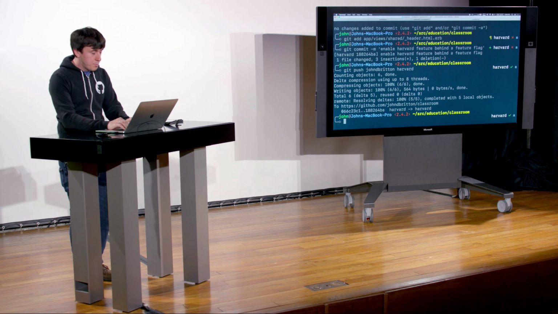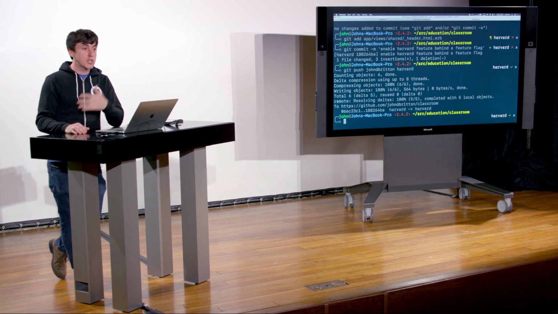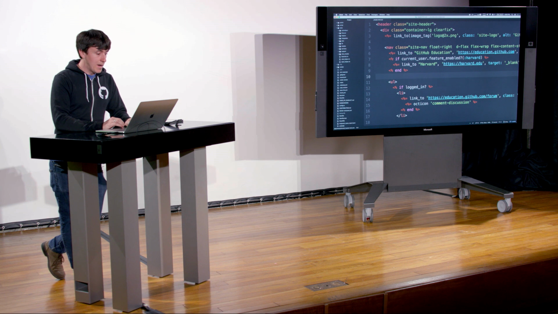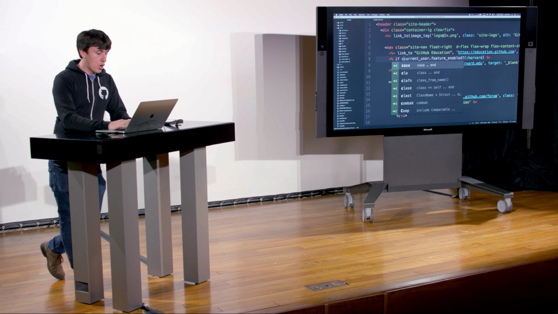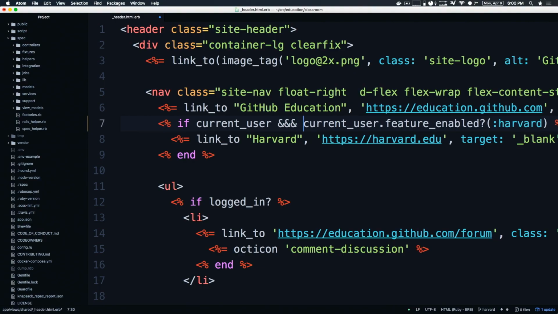Now, I'm also going to go ahead and push this. I'm not going to create a pull request for this on the main public project, but I do want to show you how deploying works. So what I'm going to do is I need to add one more thing. If current user and. So I need this line